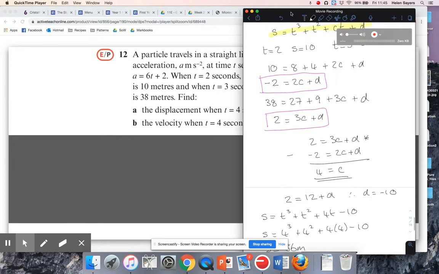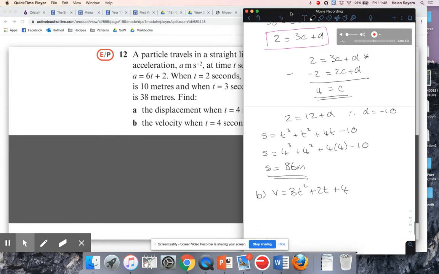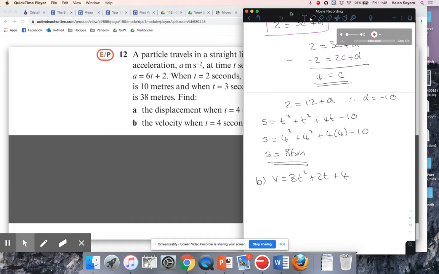They want the velocity when t is 4, so that's going to be 3 times 4 squared plus 2 times 4 plus 4, which is 3 times 16 plus 8 plus 4,